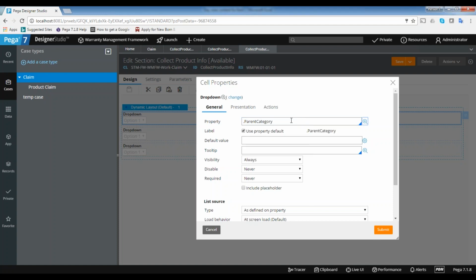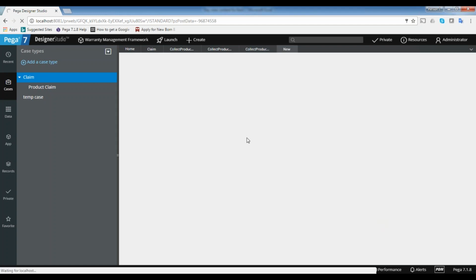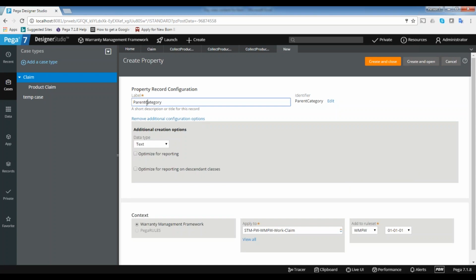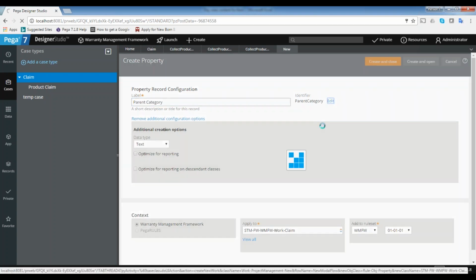In this property I want to store the parent category name. This is not there, let's create it. Text only, create and close.